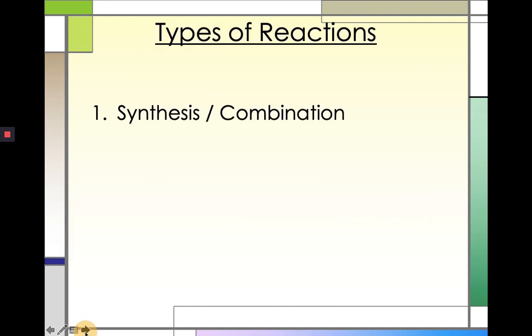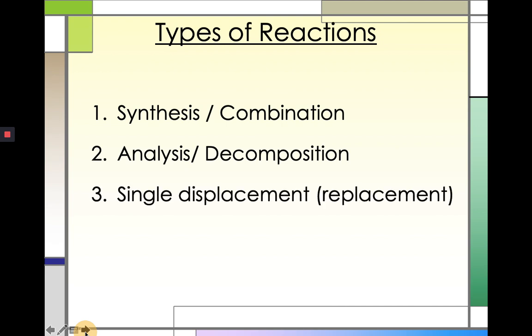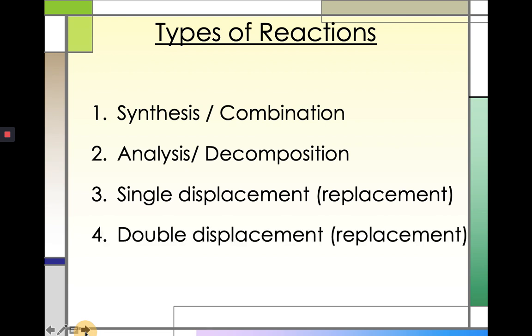So there are five main types: synthesis or combination, that means putting together; analysis or decomposition, which means breaking apart; number three is single displacement or replacement. Four is double displacement or replacement. And five is combustion reactions. So we can actually determine the type of chemical reactions by just looking at how the atoms are being rearranged